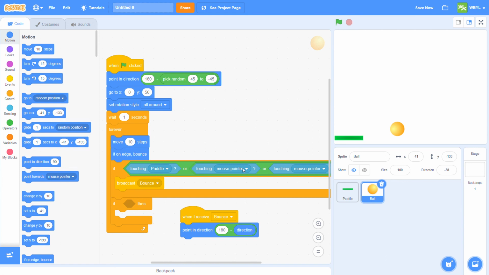Oh, it's touching mouse pointer. I see. We'll fix that a little bit later. It's going to be a little bit crazy for now. But so when I receive bounce, we're going to change direction by 180 minus direction. Then we're going to go here